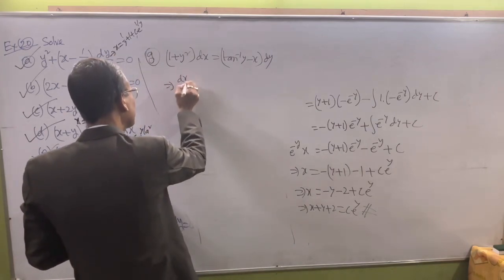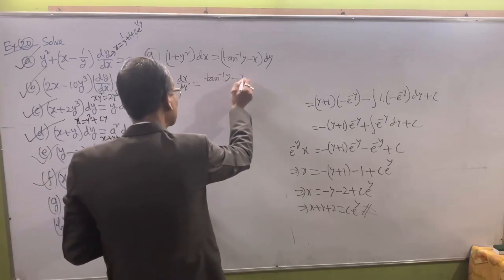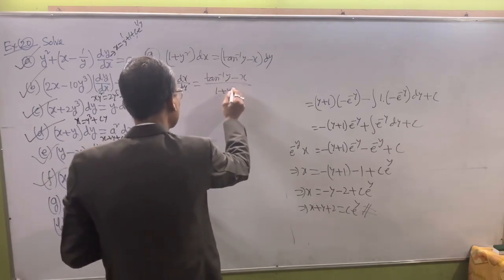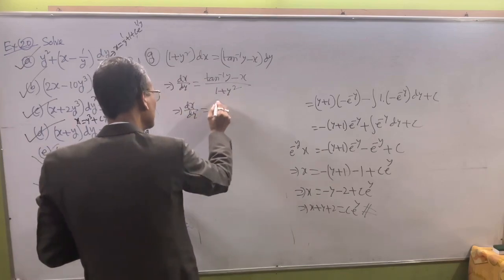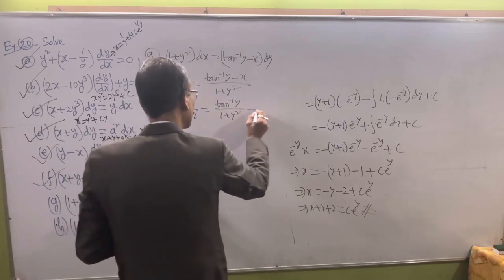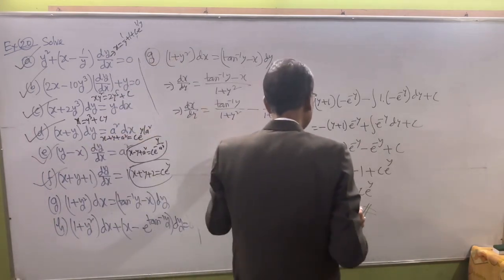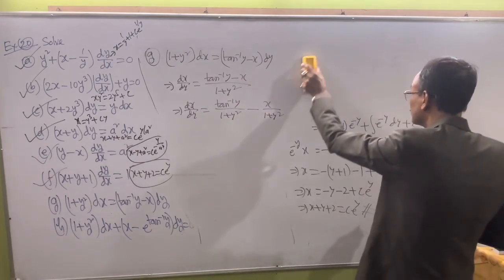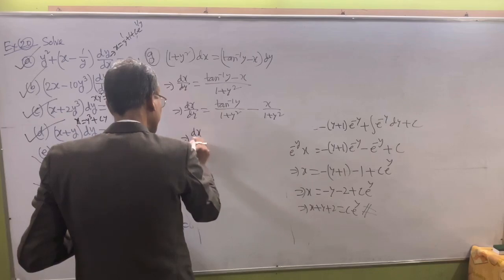This means dx by dy equal to tan inverse y minus x divided by 1 plus y square, or dx by dy equal to tan inverse y by 1 plus y square minus x divided by 1 plus y square. This means dx by dy